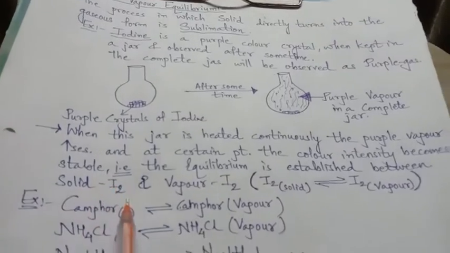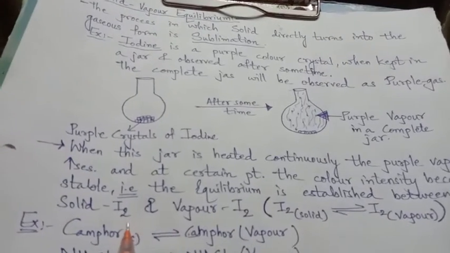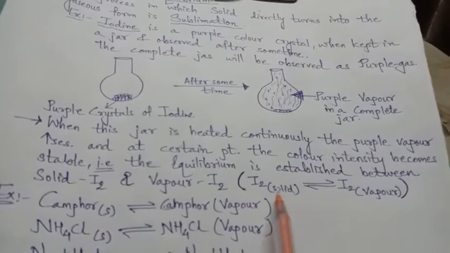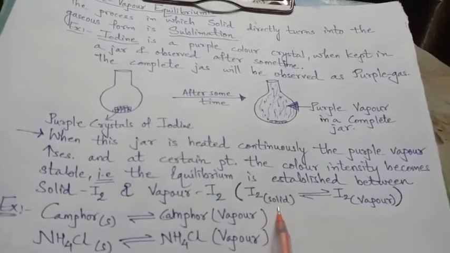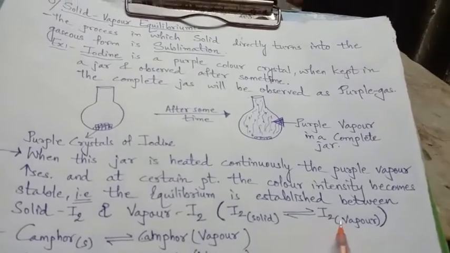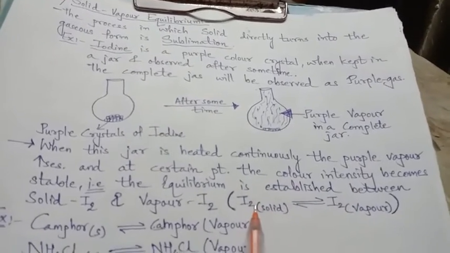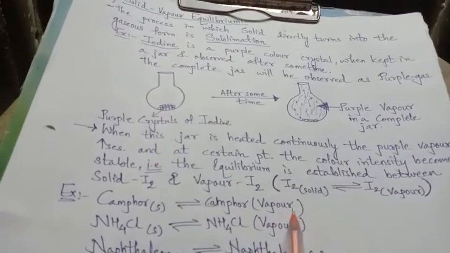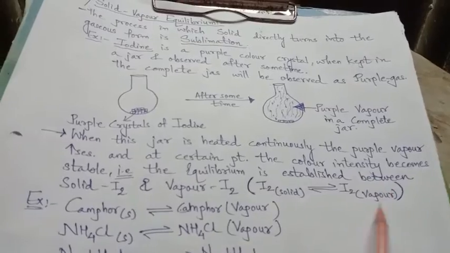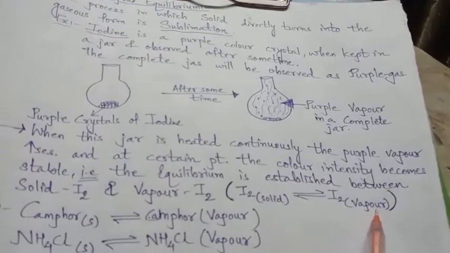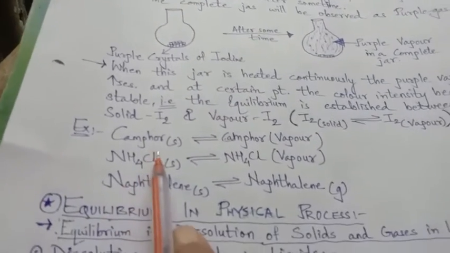I2 means iodine. Iodine always exists as a diatomic molecule. So solid I2 can convert into I2 vapor, and in the same way, iodine vapor can convert back to solid iodine crystals. And this is called sublimation: solid directly to vapor, that is the gaseous form, and gaseous form directly to solid. Other examples are camphor,